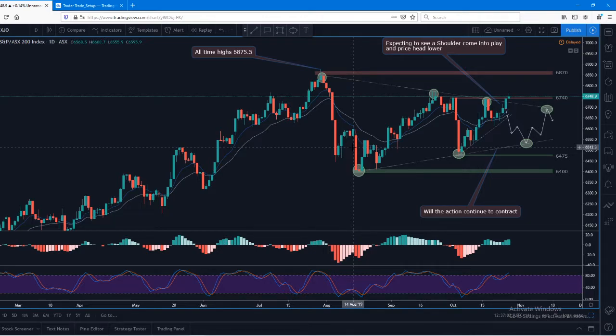but it seems the market's well and truly set on making new highs. And this is what I remember of the GFC, if anyone remembers back in 2007, I think it was about September, the US pushed into new all-time highs and everything was bullish. And then it just turned on a dime, pretty much, got in there, finished below, and then sold off. And then you got the GFC, which wasn't long after that. So I'm always getting nervous that something like that, a big trap,